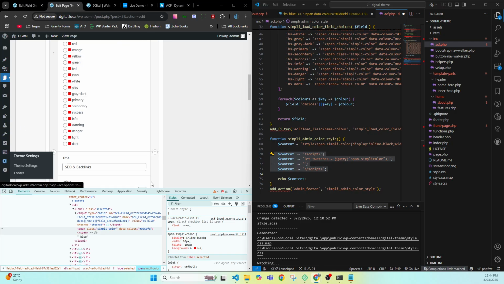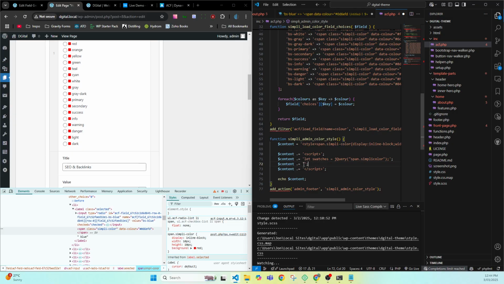I normally work with vanilla JS. So actually, we could just go swatches. Actually we can do this. jQuery span.simplycolor.each function, loop through, and then we want to close that off,